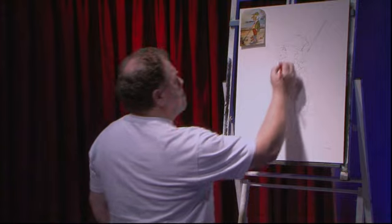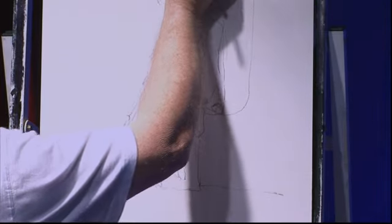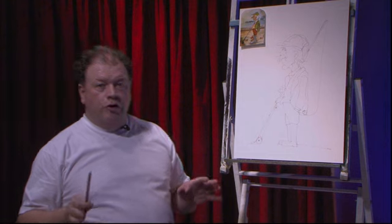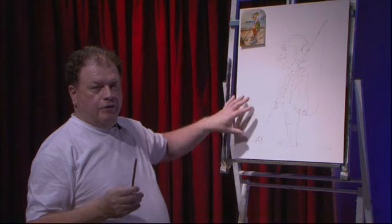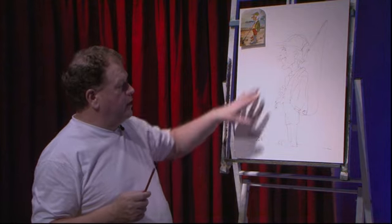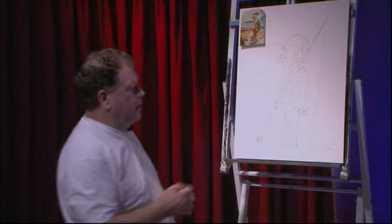Okay, now little touches like that, and now we're ready to paint. Now I don't want to put any background details in, because I don't think I'm going to get time to finish it, because I want to spend my time trying to fill him in as much as I possibly can. But what I will do